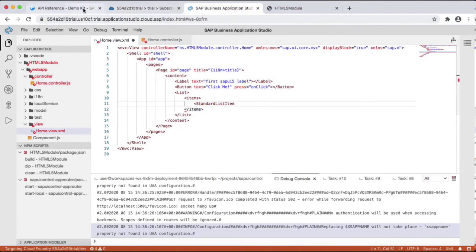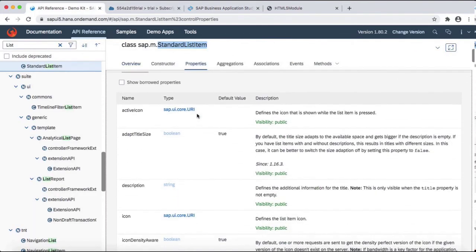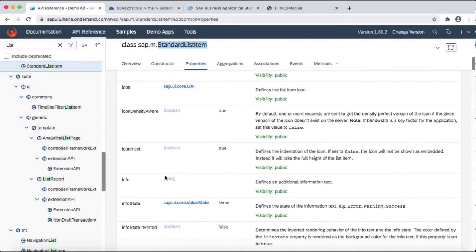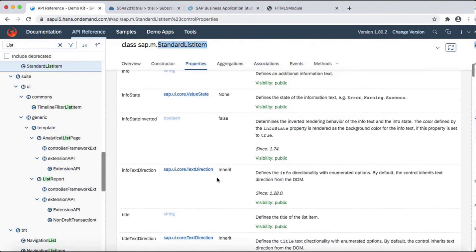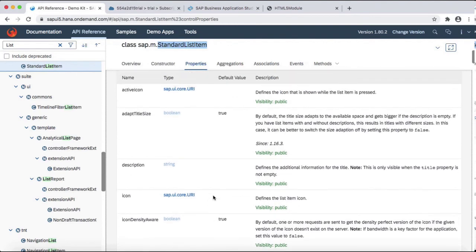Now we'll go into the standard list item's properties. It has a property called title, which defines the title of this item, and we will use the description, which defines the description of this item.